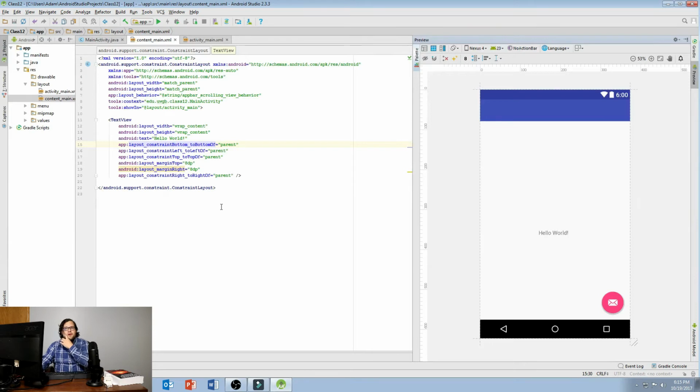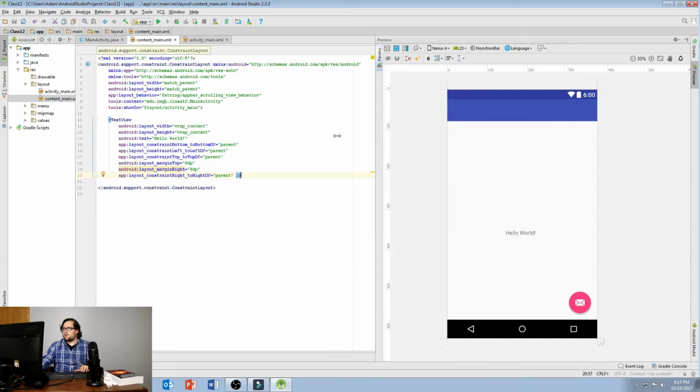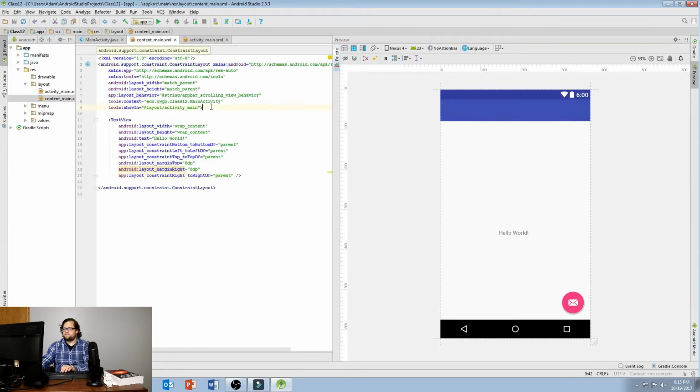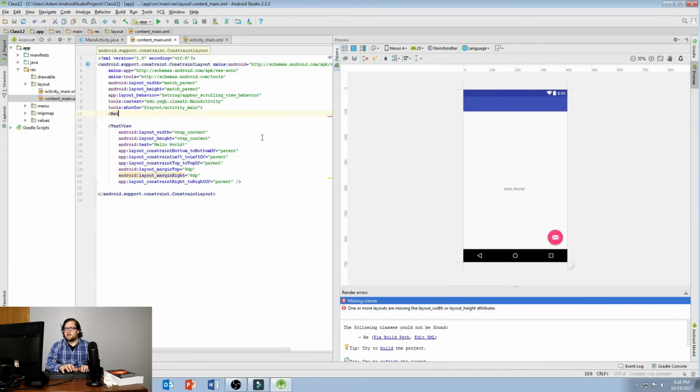Let's take one a little bit more complicated than that. What I want to do actually is I'm going to go through the process of creating a relative layout inside of here that maybe contains a linear layout at the top and the bottom, and in each of those maybe we'll add a button in there. So let's just play around with a few of these things, and then I'm going to use the constraint layout to help constrain those together. And the reason I want to use a relative layout,